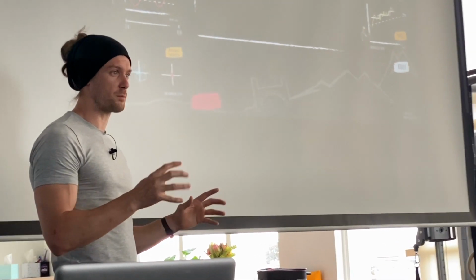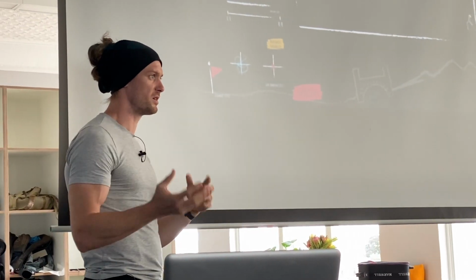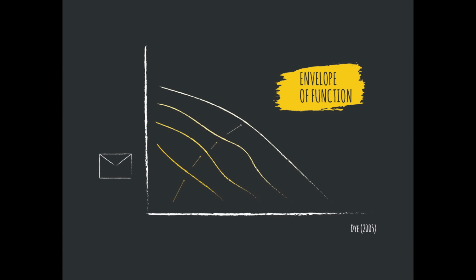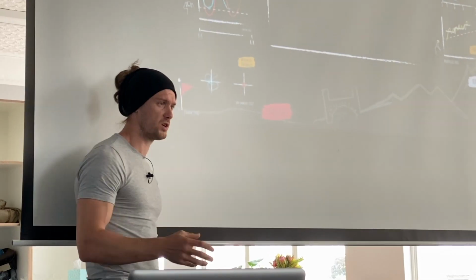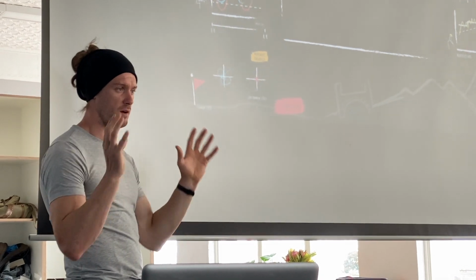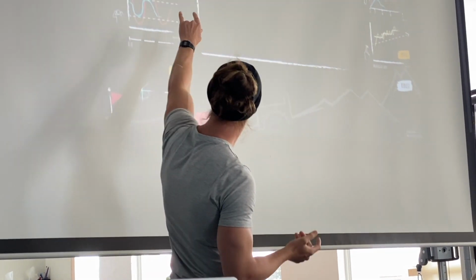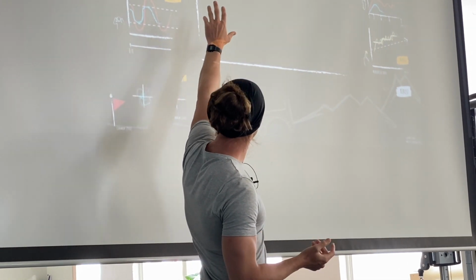So everything up to this point has been neurophysiological, pain and change in processing. We use Scott Dye's envelope of function model. Have you heard of it? If you haven't, Scott Dye is an orthopedic surgeon who came up with this concept of the tissue homeostasis pathophysiology of knee pain, which was the basis of his 2005 paper, and we will